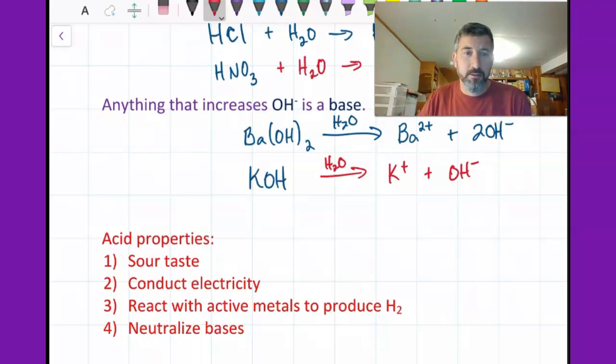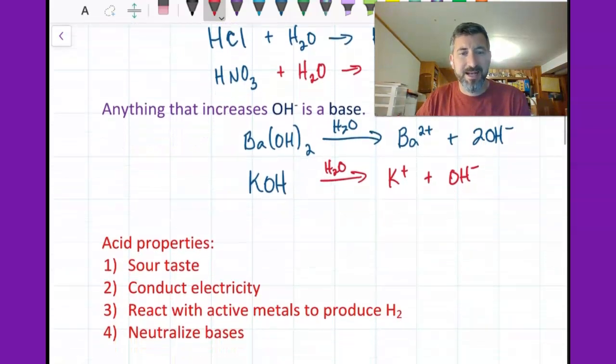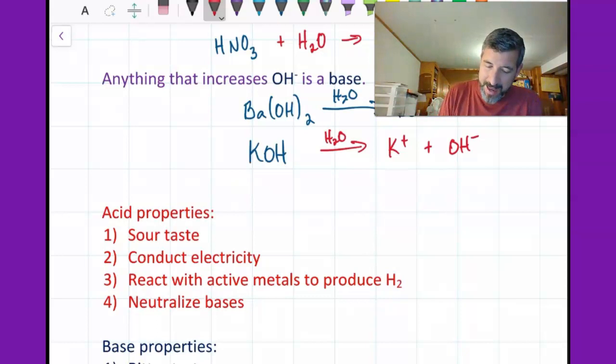They conduct electricity. So acids conduct electricity because they have ions. Anything that has ions, like for example up here with the hydronium and the nitrates, can conduct electricity. Reacts with active metals to produce hydrogen. By active metals, if you go back to our activity series from first semester,